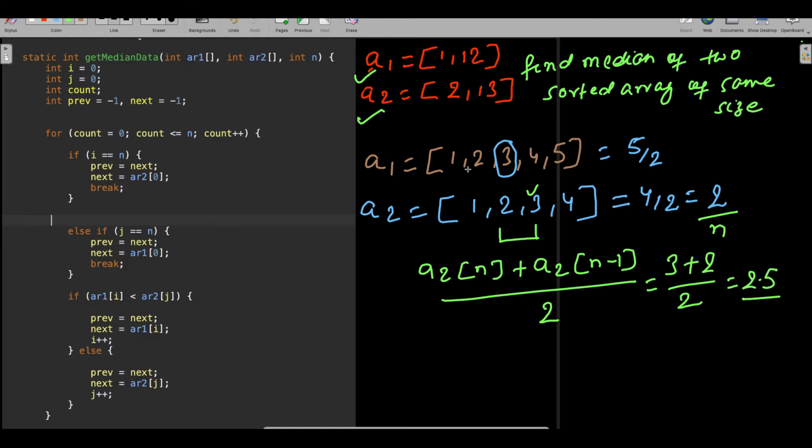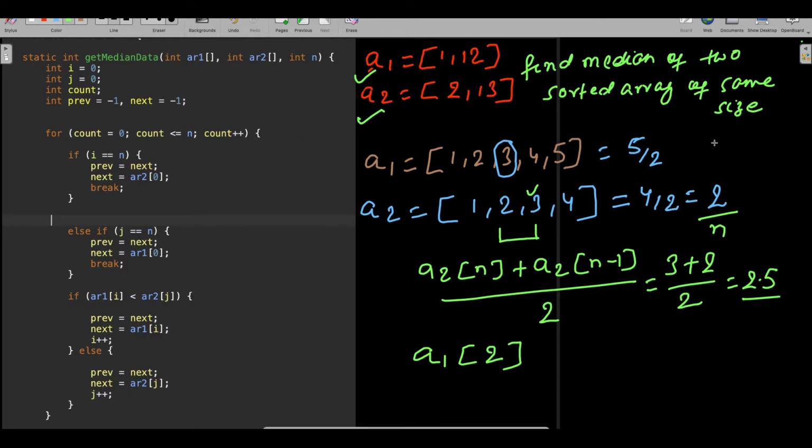But in case of an odd number, you can just go ahead and do a1 of 2. Because when you divide by 2 it will come to 2.5, but when you do it through Java, it will give you 2. Because you can divide at most by 2 in Java.